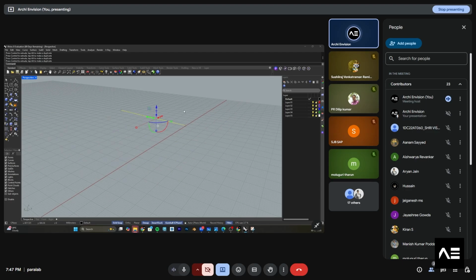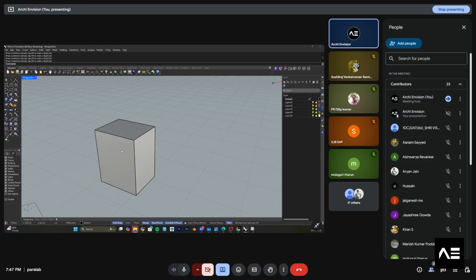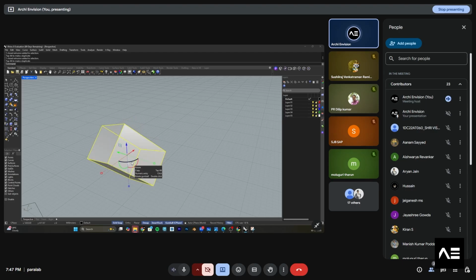Let me show you in 3D, so you will get to know what I am trying to say. If you click on this, you can rotate it like this. If you click on this, you will rotate it like this. If you click on the blue axis, you will rotate it like this. So yes, you can rotate on multiple axes.